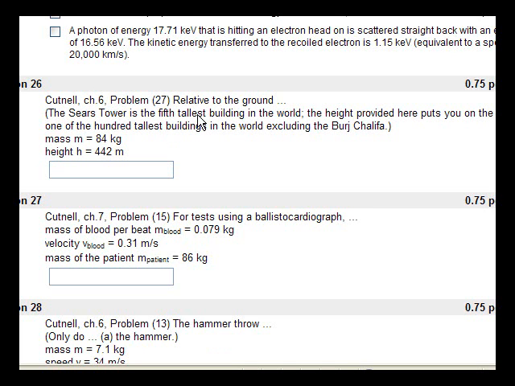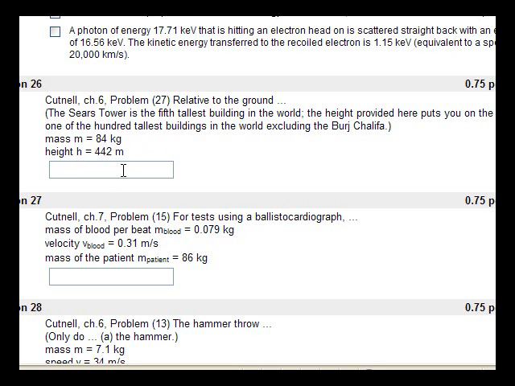In the book it says that the problem is relative to the ground, what is the gravitational potential energy of a 55 kilogram person who is at the top of the Sears Tower, height of 443 meters above the ground. That's the original problem in the book, and notice what I did to it. The text is the same, but I changed the numbers. So the mass of the person is 84 kilograms, and the height of the building is